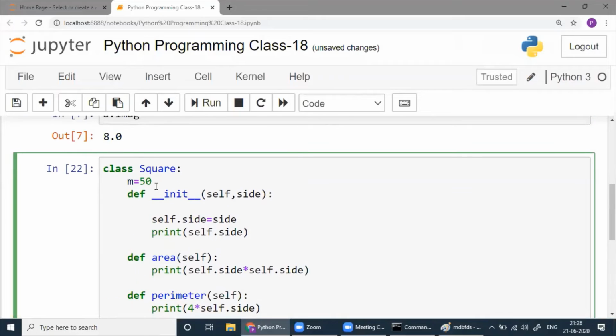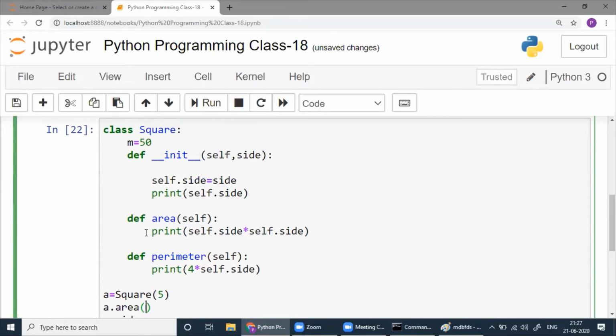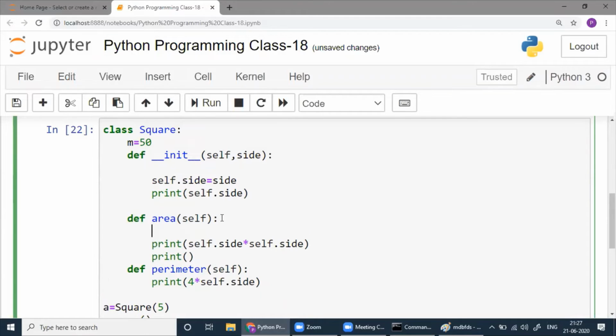So when I say class variable, you write it here, so that when you are calling this function, suppose a dot area, and you want to print, suppose you define here n is 100 and print n.